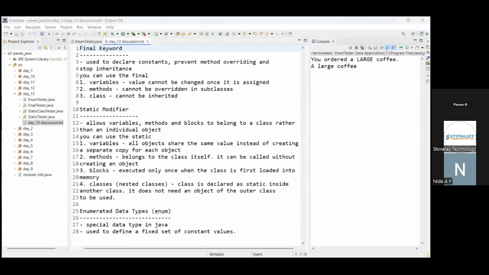In the next session we will be talking about abstract class, interface, package, and access modifier. Yes, sure. So tomorrow will be the